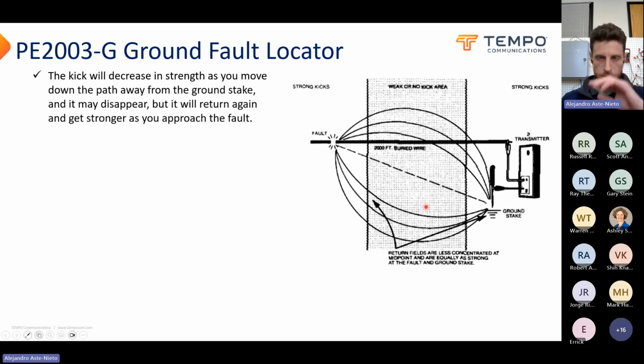But as you get further out into the field, you're getting away from the ground stake, and you might not necessarily be close to the fault. So you might not see any movement on the needle on the receiver. You just have to have faith that the A-frame is eventually going to get into range of